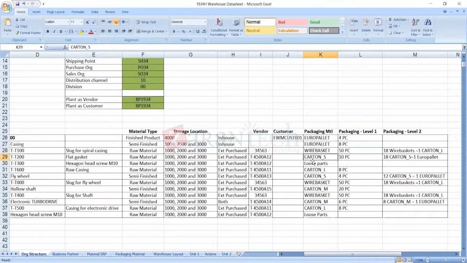There is a third scenario, which is very common in industry, where the vendor sends us the ASN through EDI. We create a purchase order and send it to the vendors. When the product is ready, they send us ASN information, advanced shipping notification, which will create an inbound delivery. When they give us this inbound delivery, we tell them, can you also give us the packaging information in the inbound delivery, and give us an SSCC label